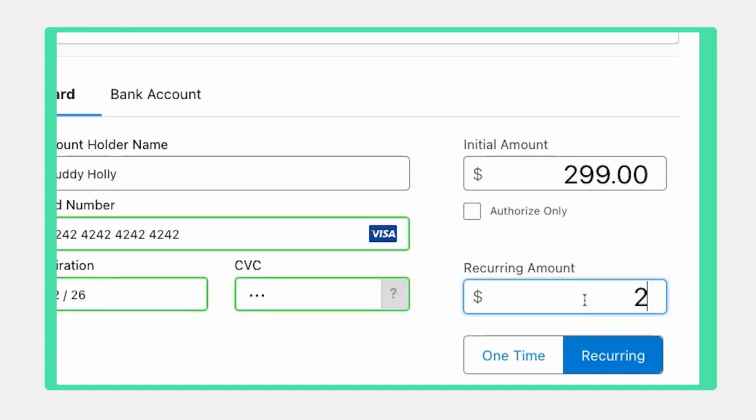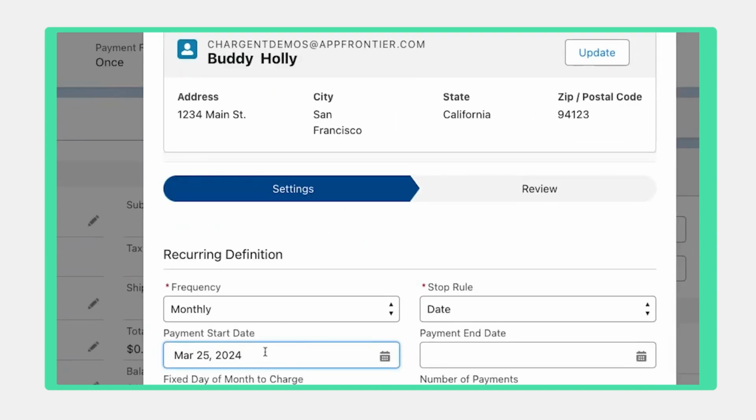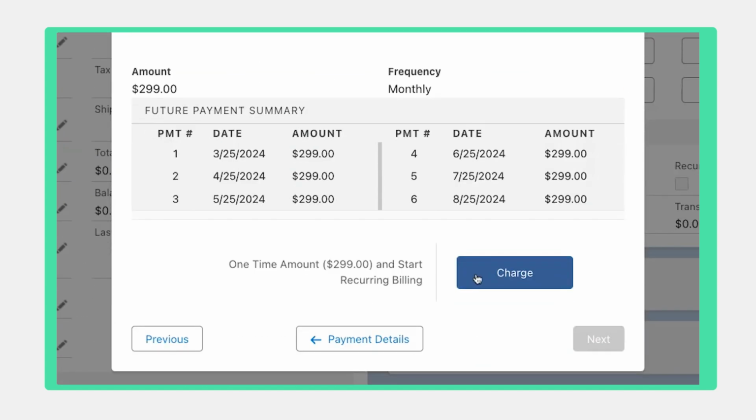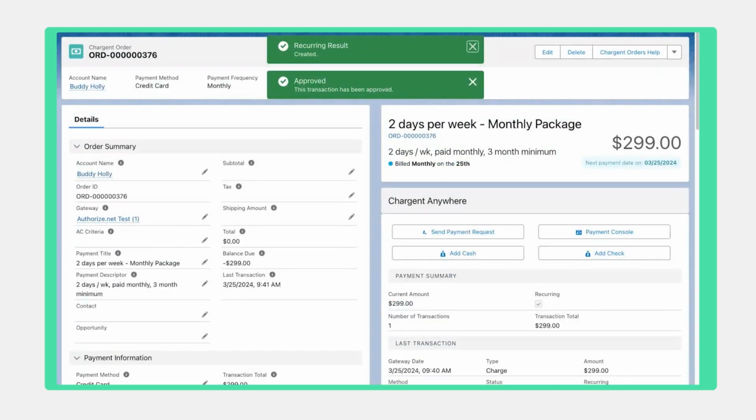By clicking this button, I can activate Chargent recurring billing to take $290 today and set automated recurring billing for each ensuing payment. As the Doggo Daycare rep, I'm happy. I don't have to worry about manually collecting payment from Buddy Holly, our customer. Buddy Holly is happy that he knows Zappa will be taken care of while he's recording his next album. And most importantly, Zappa will continue to enjoy time with his friends, all thanks to Chargent capturing and collecting recurring